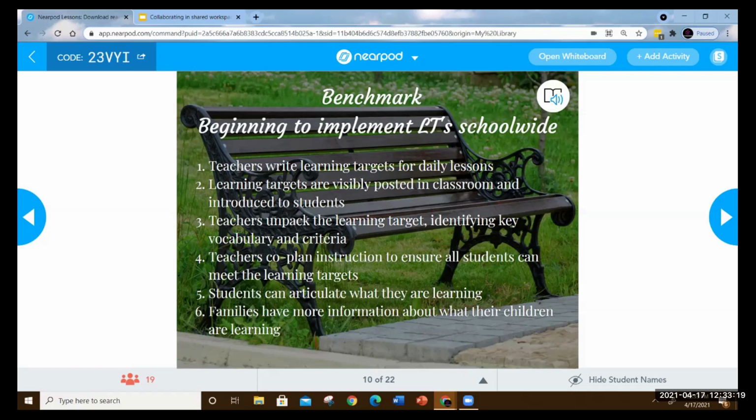Co-planning. You need to write these targets together so that all of your students can meet these targets. And you need to talk about how you're going to differentiate them, which we'll get to in a few minutes. All right. Then, as co-teachers, after we've written these, we need to make sure that all of our students are going to be able to